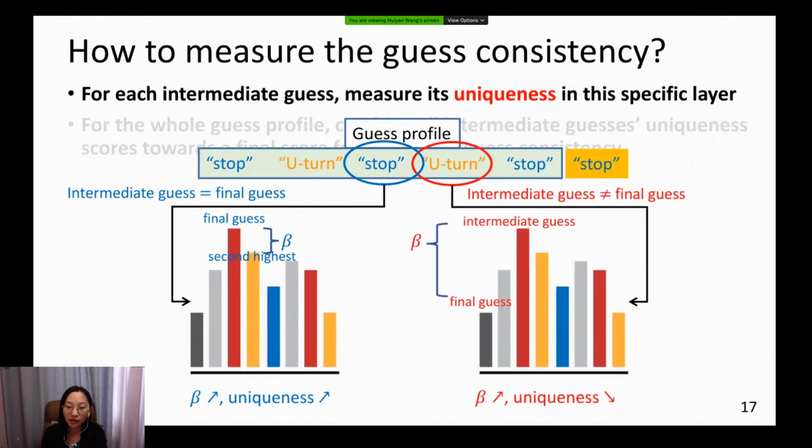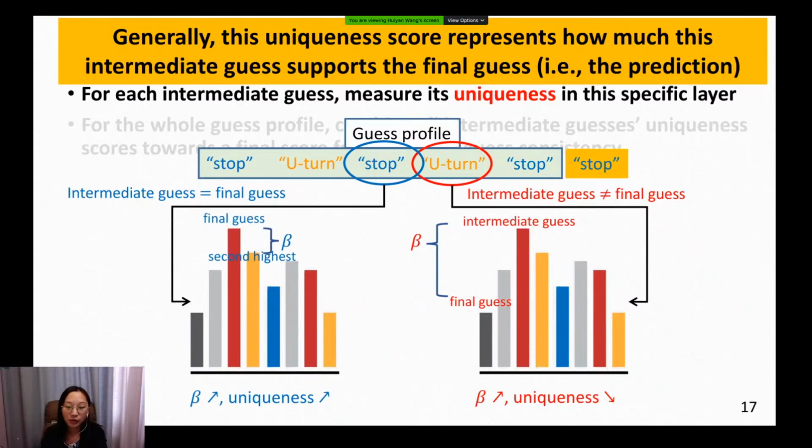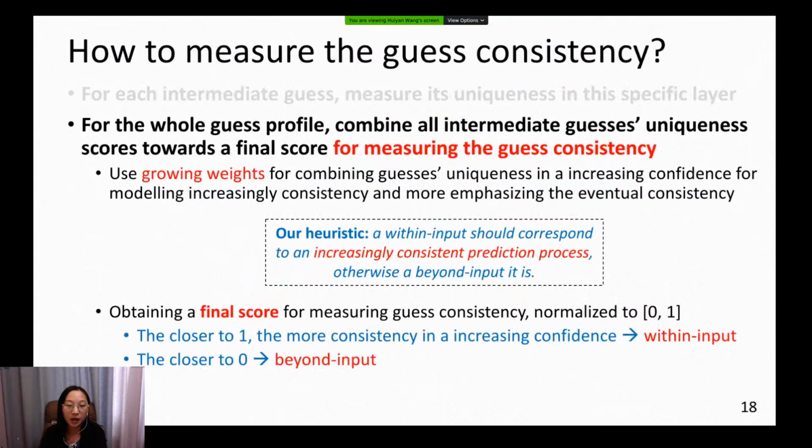Otherwise, we measure the range between them. The larger the range, the worse the uniqueness. Generally, such measured uniqueness represents how much this intermediate gas supports the final prediction. And then we combine them together, considering a growing weight for modeling the increasingly consistent property. The final score is normalized between 0 and 1. The closer to 1, the more increasingly consistent this profile is, and the more likely it is to be a